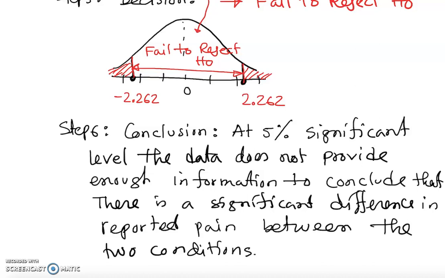Okay, that's all basically. So at 5% significance level, the data does not provide sufficient evidence to conclude that there is a significant difference between